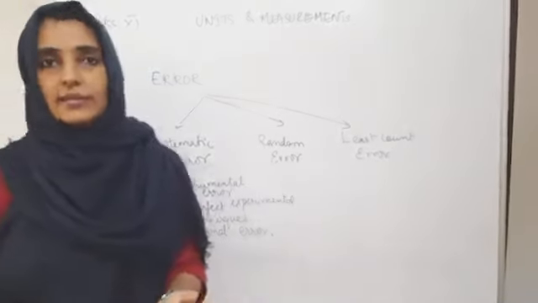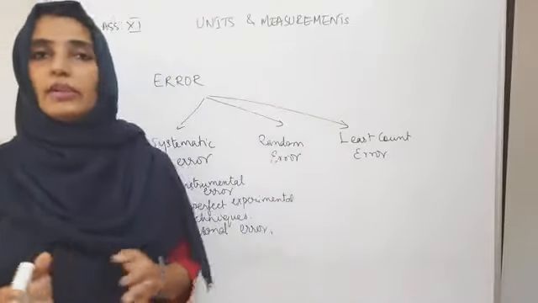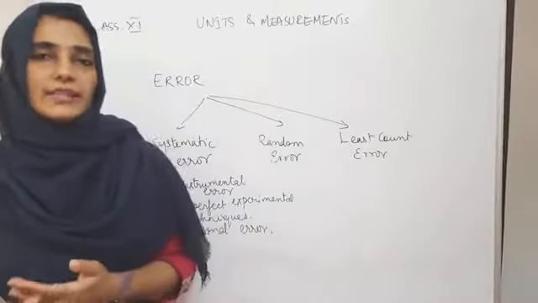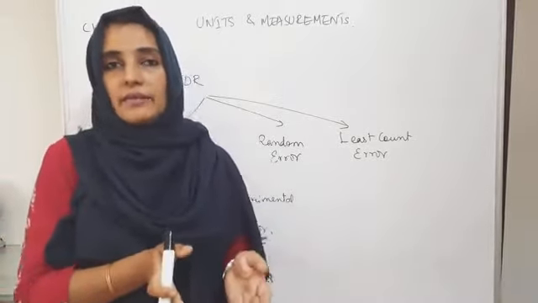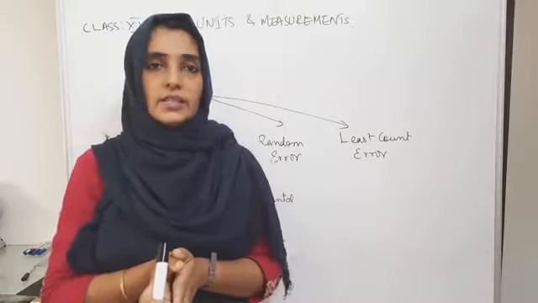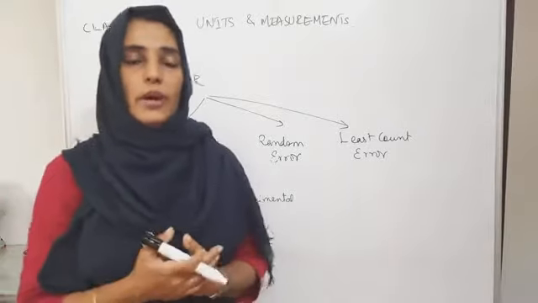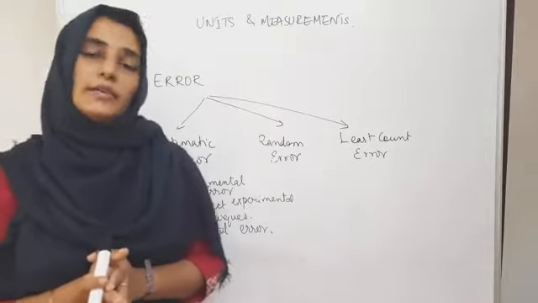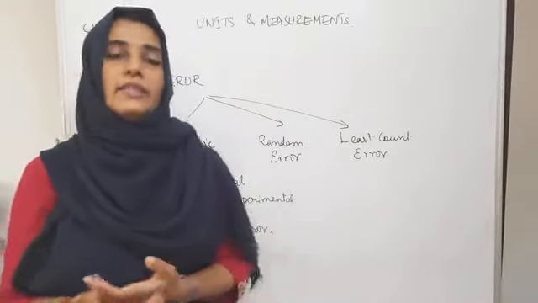It may be a standard value, or it can be the average of several values taken. Every time, the standard value will not be available. In the case of surface tension of water, we have a standard value. Suppose you take the resistivity of copper or iron or any other metallic wire, we have standard values for these things. But some things don't have a standard value, as in the case of this cube.